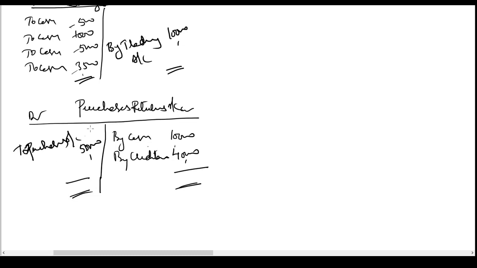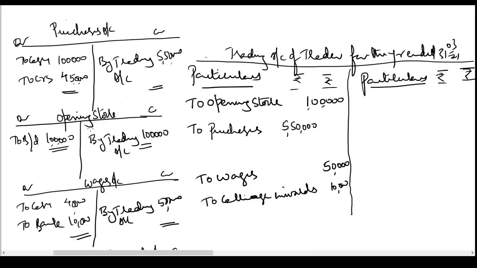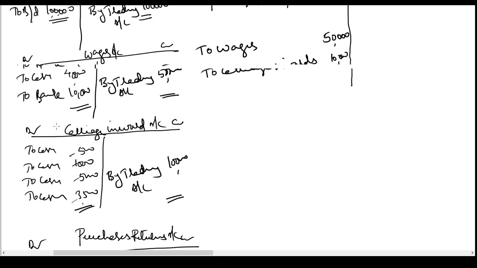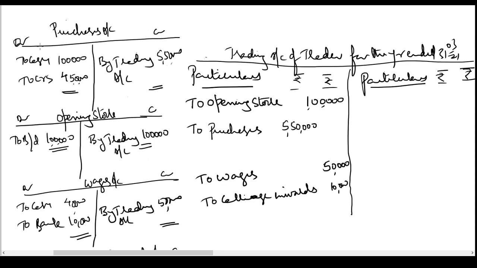I purchased goods worth rupees 5,50,000 during the year. Out of that, I have returned goods worth 50,000 to my suppliers. So if I want to arrive at the net purchase made during the year, I should get 5,50,000 minus 50,000. So if you transfer this to purchase account, the balance would reduce. But we have already closed the purchase account. So what should I do? I should go to the trading account and there I'll reduce it. I'll simply write here purchase returns.